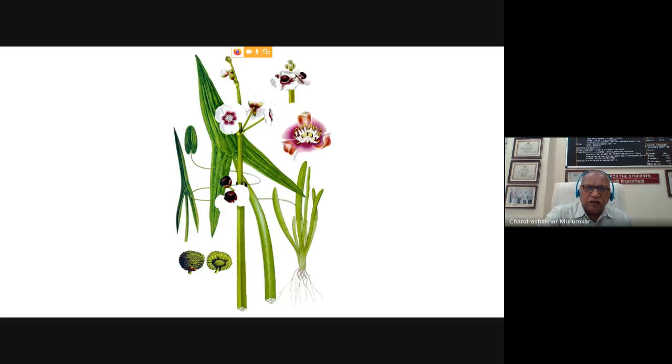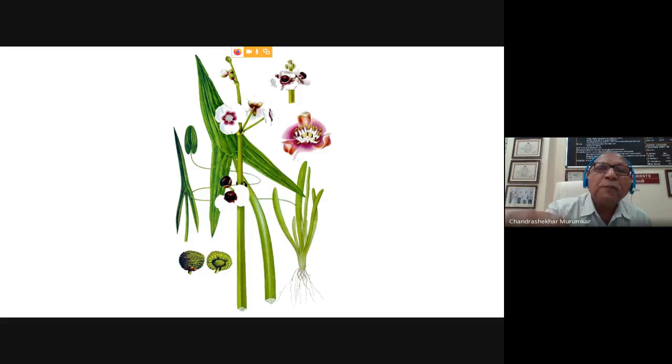Now, this is a sort of colored sketch of the floral parts. You can see sagittate leaves, then you can see the corm at the bottom, you can see the elongated petiole, and obviously you can see the presence of closed vascular bundles. So the vascular bundles are closed types with a lot of aerenchyma, which is present at the bottom. And then you can see the structure of the flowers.